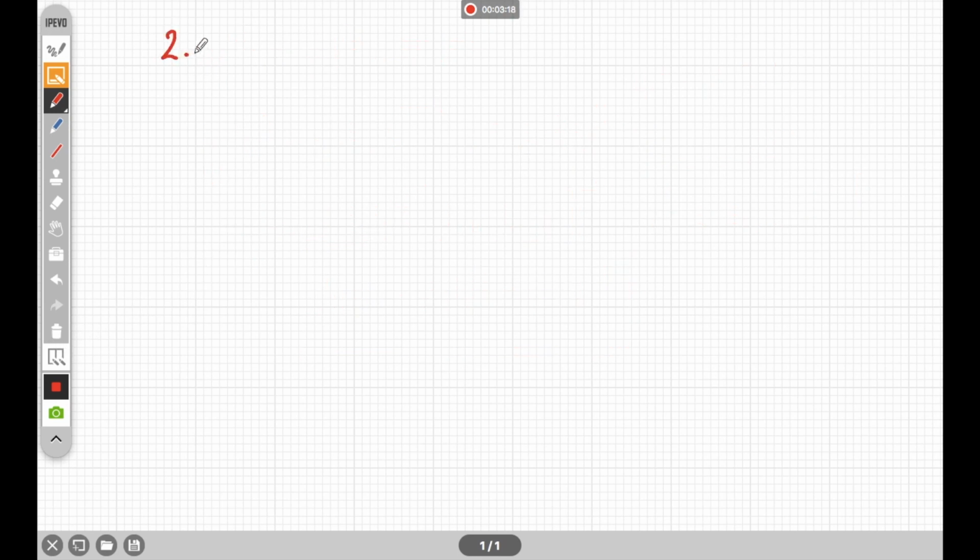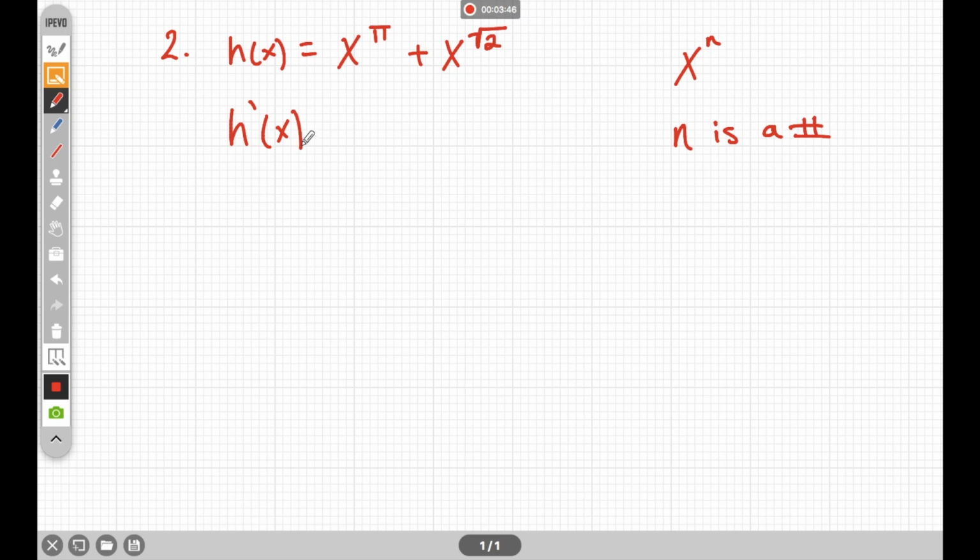The second one we're going to do, I have the function h of x is equal to x to the pi plus x to the square root of 2. Here what you have to realize is that pi is just a number, so it still follows that x to the n, where n is a number. So here pi is just a number, here square root of 2 is just a number, so if I take the derivative h prime of x, we're going to stick with the x to the n rule,